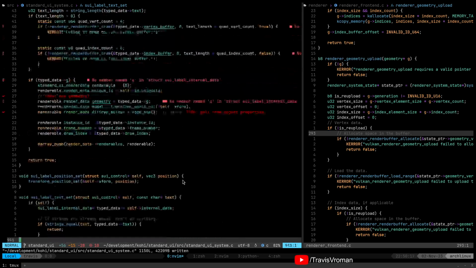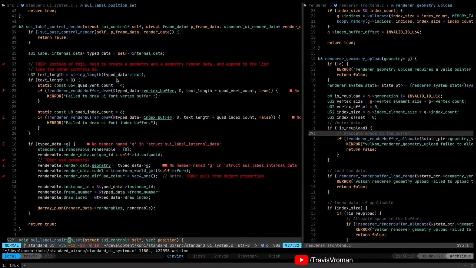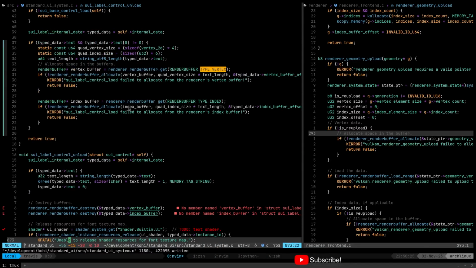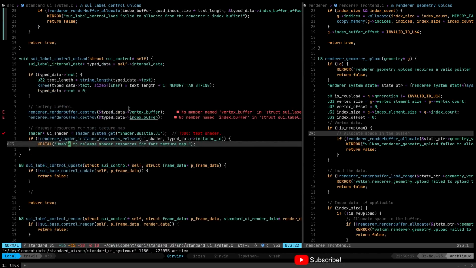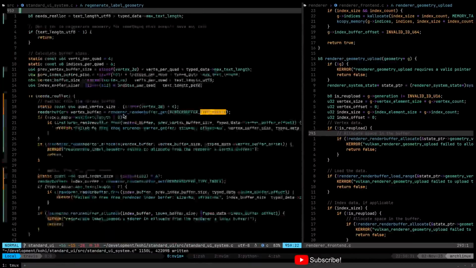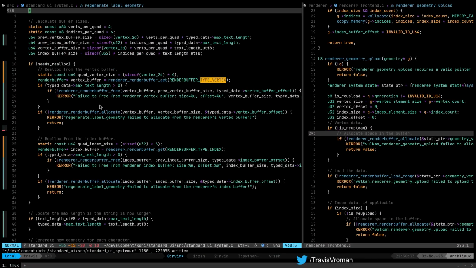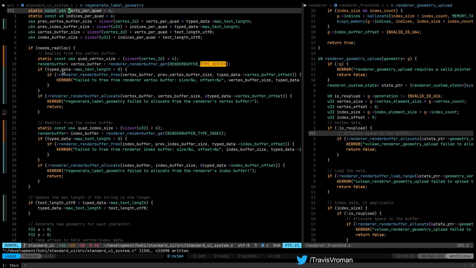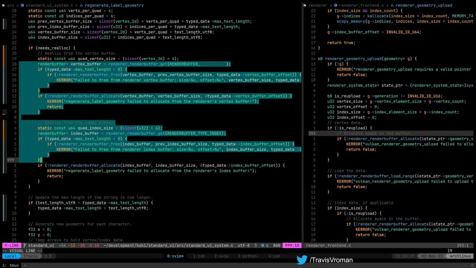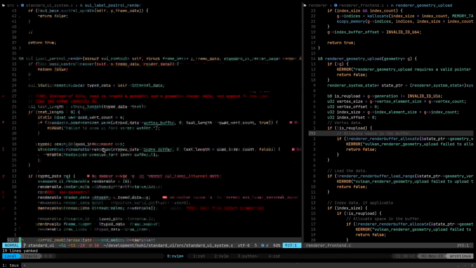So we've got that all set up. We need to do some work in here around the rendering and the unloading. What we can actually do is cheat with the unloading. I'm just going to copy this logic.